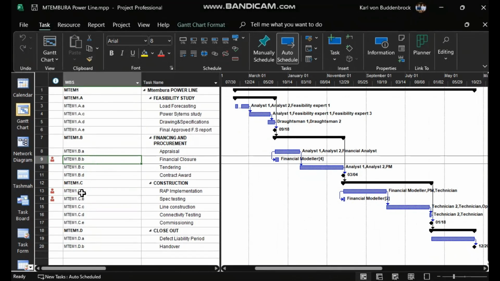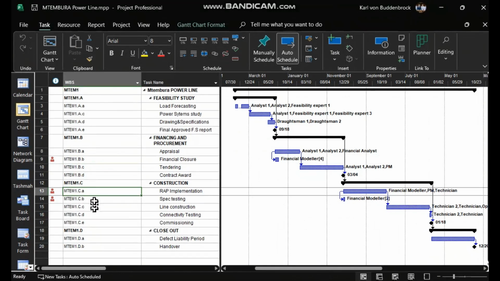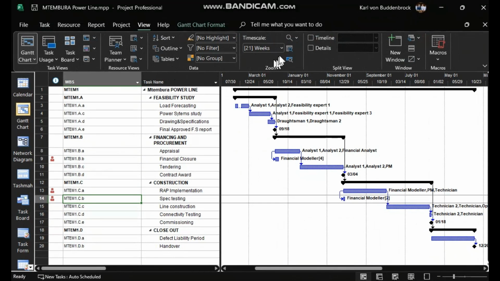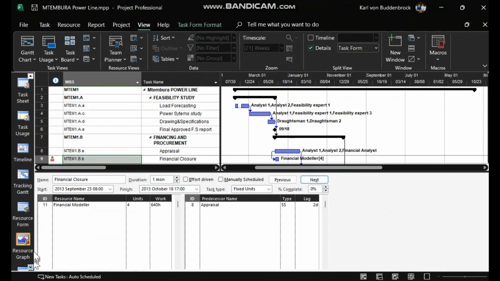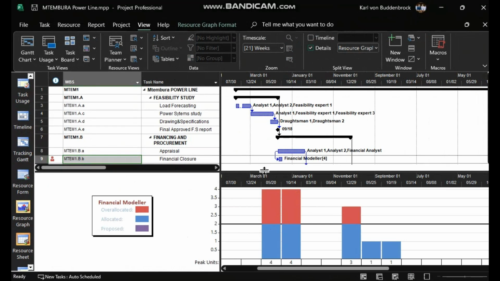MTEM1BB, MTEM1CA, and MTEM1CB. There are clearly over allocations there, and as I pointed out in the first video, one can of course see the extent of the problem if one activates your resource graph on the bottom half of the screen, having split the screen. So we have the problem there where your financial modeler